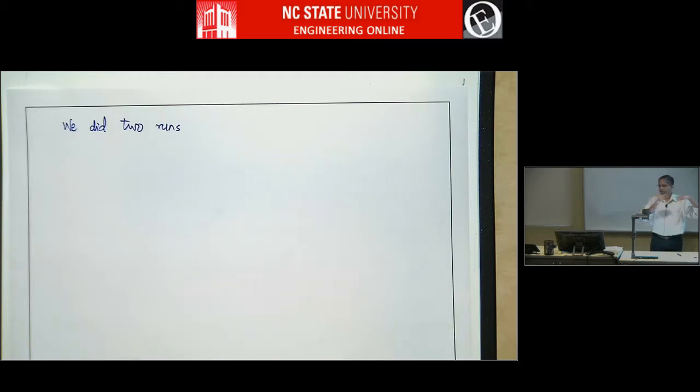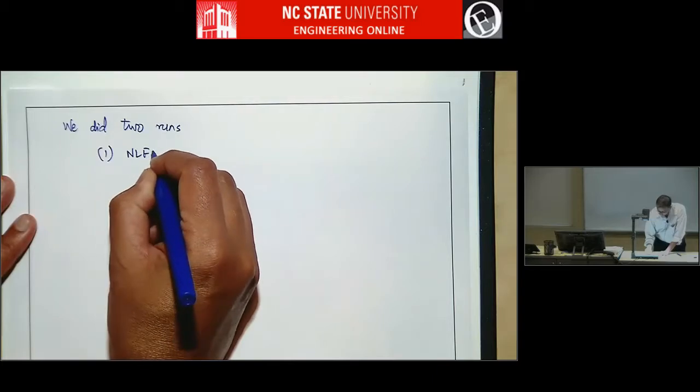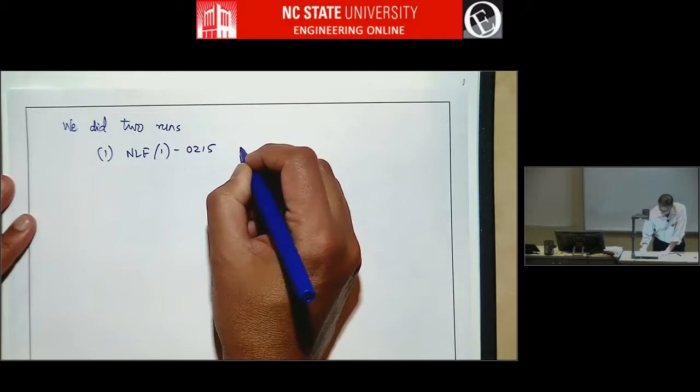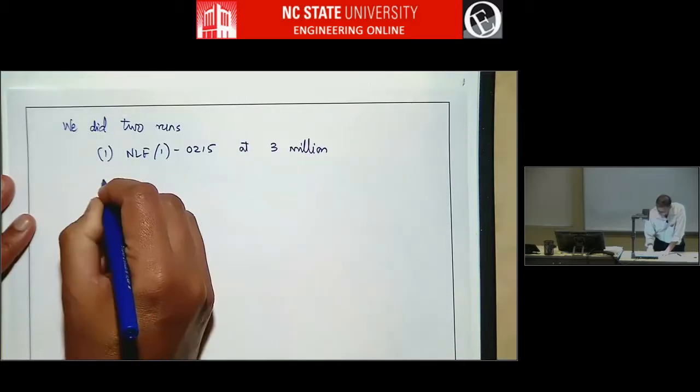Usually it will be like you're supposed to give a blank line in some places, and if you don't give the blank line, it will get all messed up. So we did NLF 10215 at 3 million, and we did